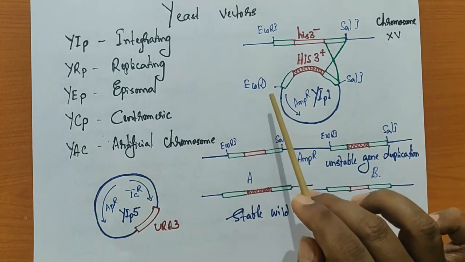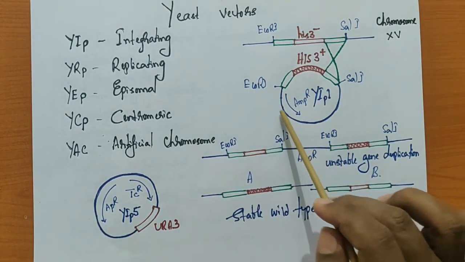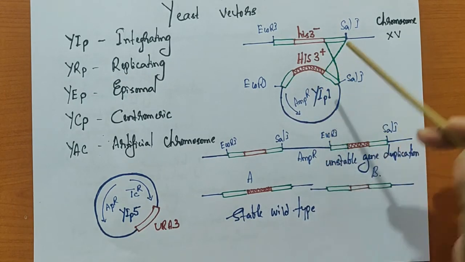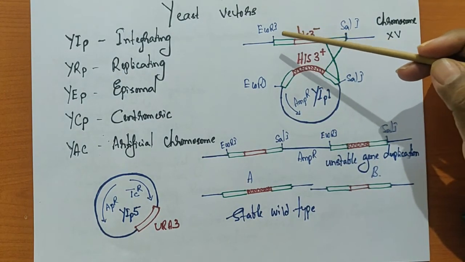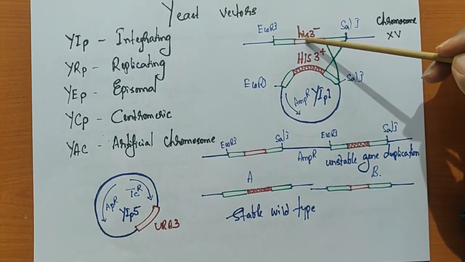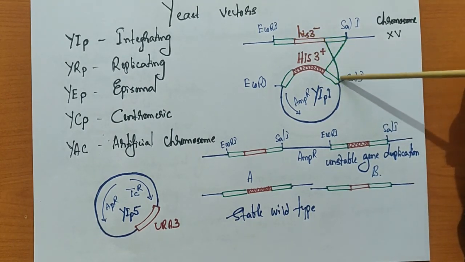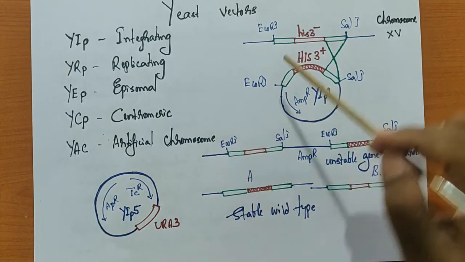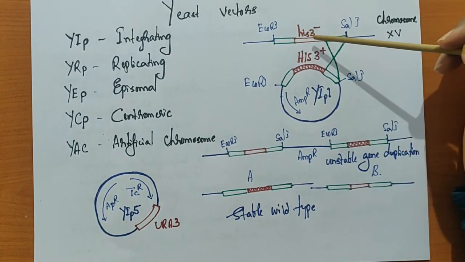Okay. Now this is the plasmid, this is the ECOR1, histidine 3 plus, or we can start from here: ECOR1, histidine minus, this is the mutation. Now this is where the crossing over happens. So now this is the duplication. This is ECOR1, histidine minus.